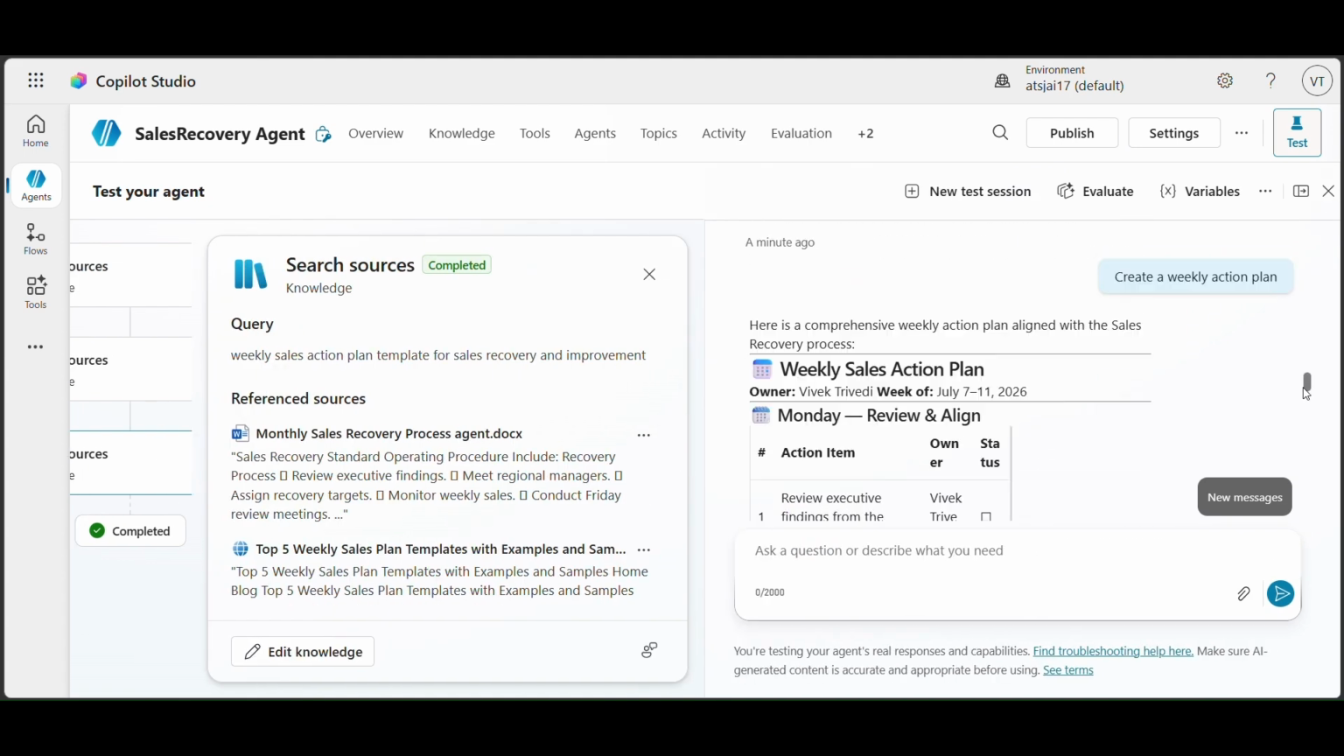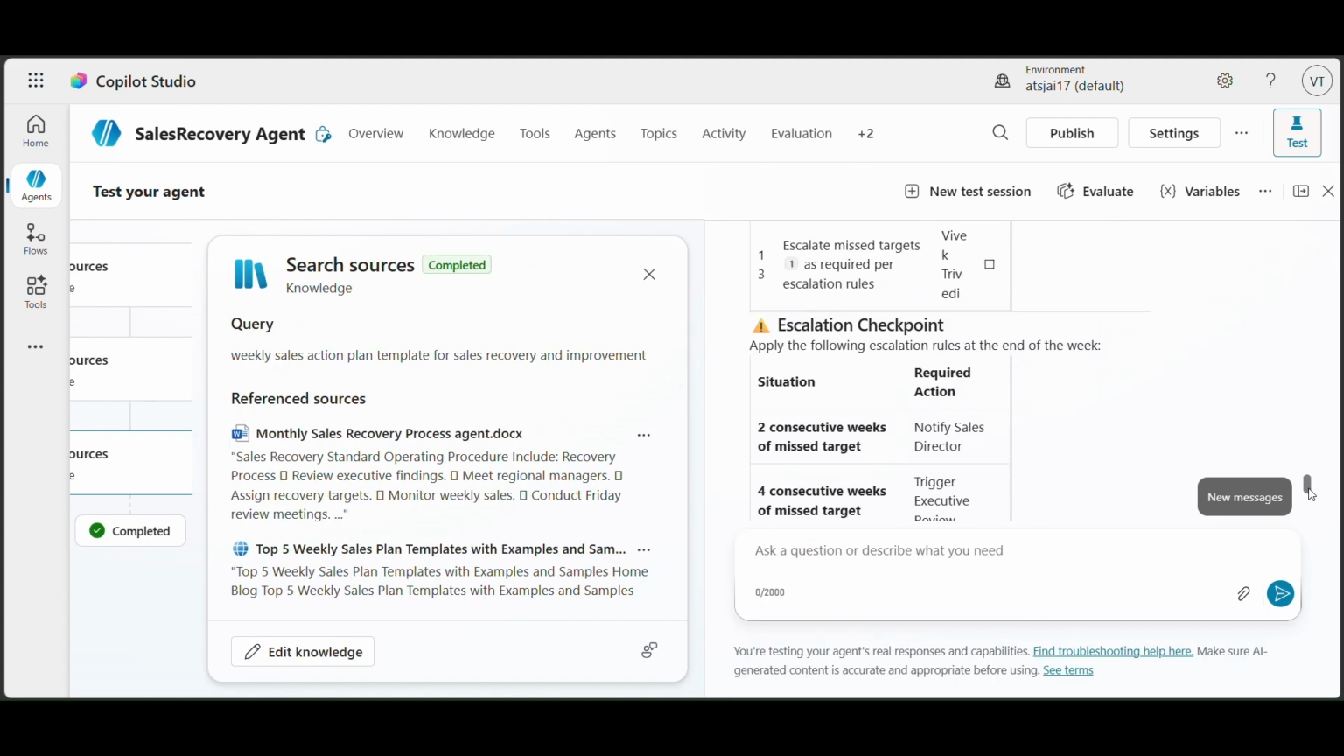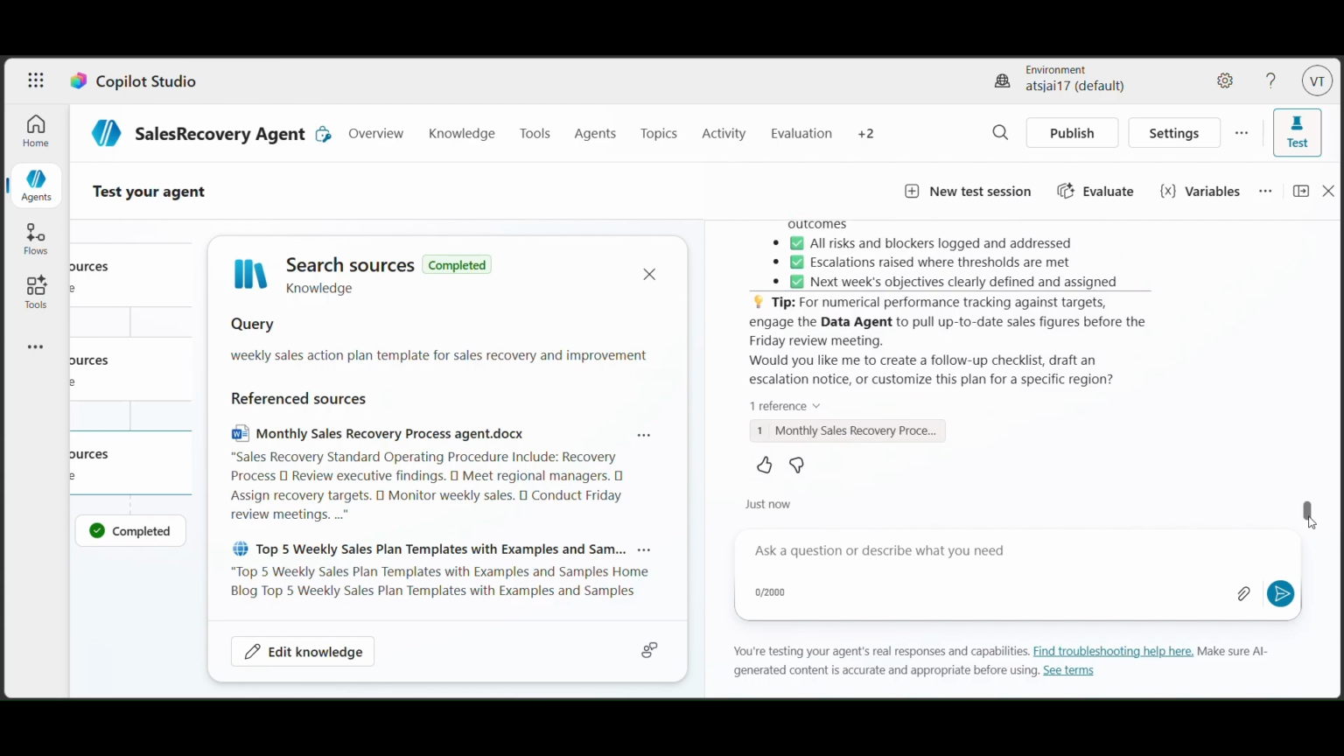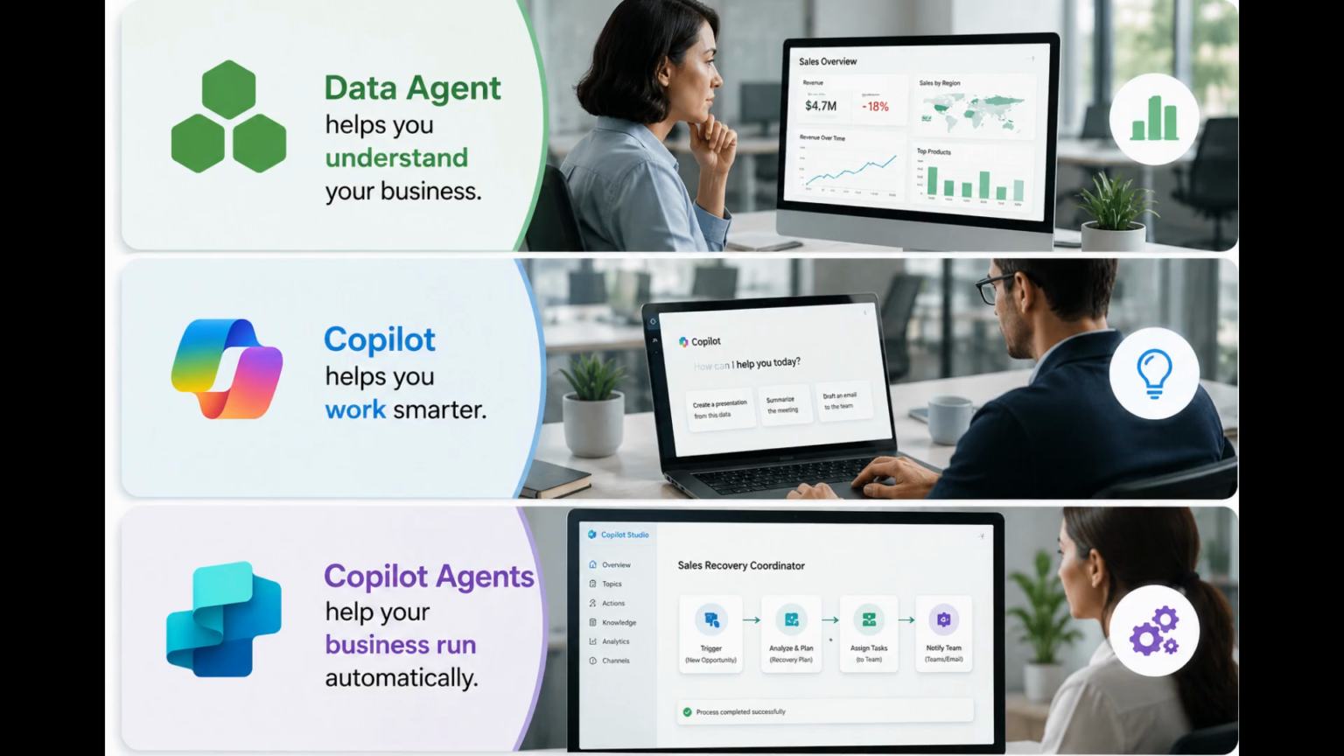Just remember three words: understand, communicate, and act. When you need to understand your business data, use a data agent. When you need to communicate those insights to your team, use 365 Copilot. And when it's time to turn those insights into business action, use a Copilot Studio agent. So the next time you're wondering which Microsoft AI tool to use,